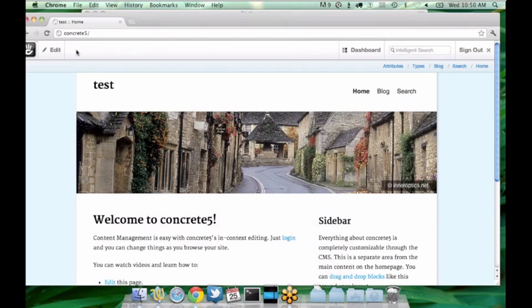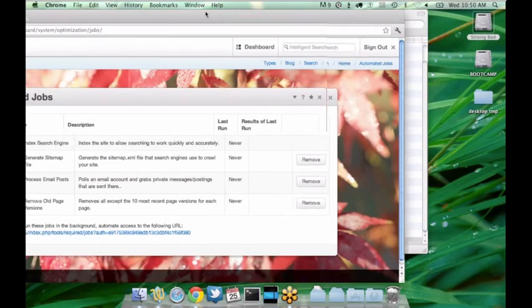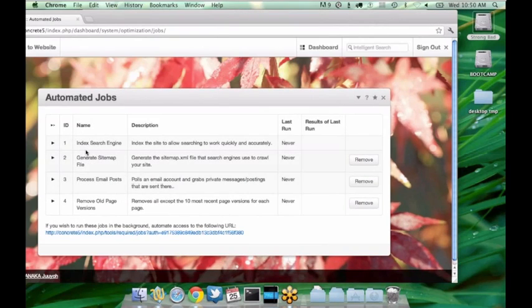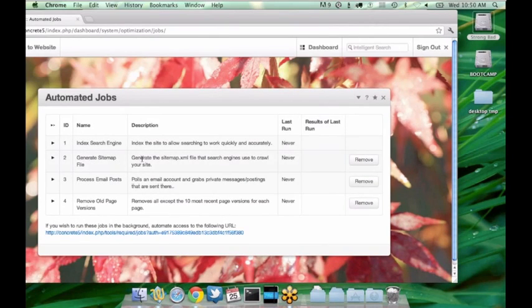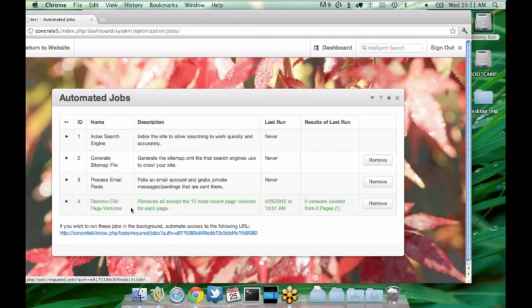I believe we included in concrete5.5 what we call a job. Jobs are tasks that you can schedule using a scheduler on a server or just run from within your dashboard. We included a job called remove old page versions, and it goes through every page on your site and removes all except the 10 most recent page versions for each one. So you could click that